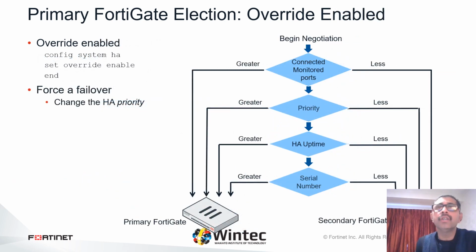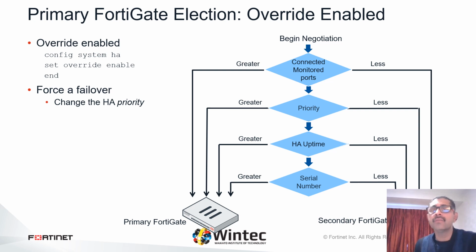You can alter the order of the selection criteria that the cluster considers when electing the primary FortiGate. Now, if the HA override setting is enabled, priority is considered before the HA uptime. The advantage of this method is that you can specify which device is the preferred primary every time, as long as it is up and running, by configuring it with the highest HA priority value. The disadvantage is that a failover event is triggered not only when the primary fails, but also when the primary is available again. When a primary becomes available again, it takes back its primary role from the secondary FortiGate that temporarily replaced it.